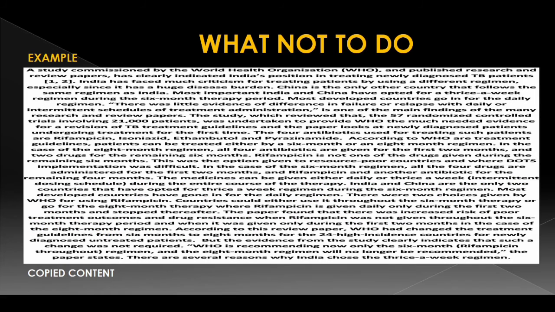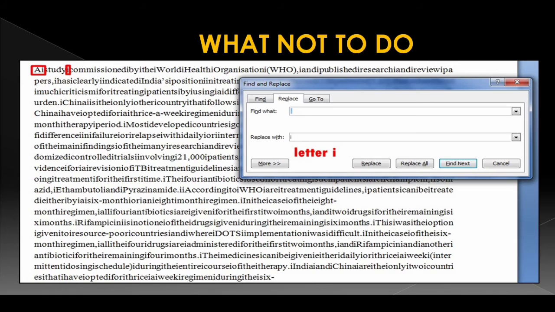And the fourth one is very, very important. It is letter hiding. See this, this is copied content, right? What they do is copy and paste this content into a Word file. They go into the replace option. In that replace option, you can see find what and replace with. In the find box, they give one space, and in replace with, they give the letter I.